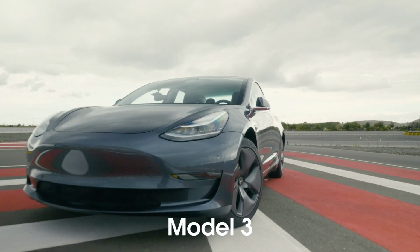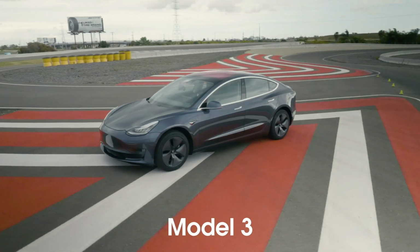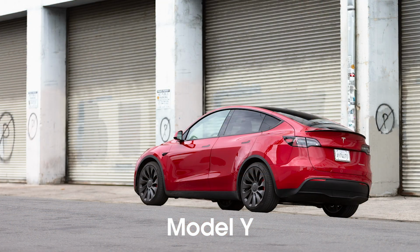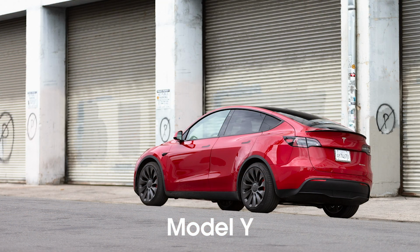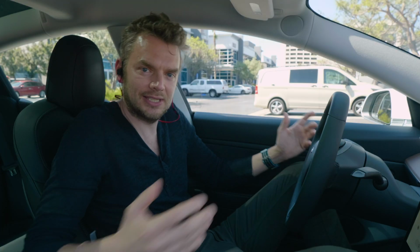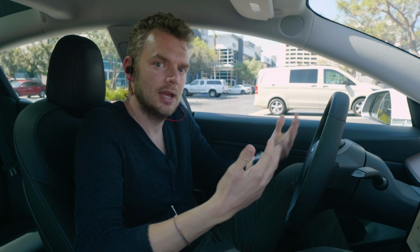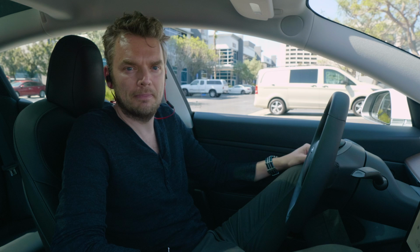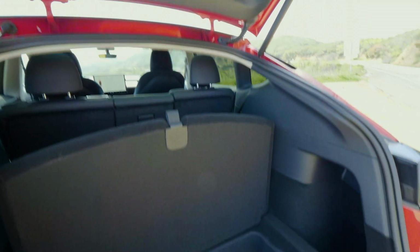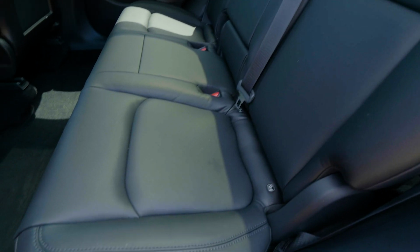It's basically the same skateboard chassis, but Tesla's taken the Model 3 body, stuck a magnet on top and stretched the whole thing to create the Model Y. For me, as a family man, the Model Y is just that little bit more practical. You've got more rear leg room, you sit a little bit more upright, which gives you the greater impression of space, and the trunk's more versatile. It's a little bit bigger, but also it allows you to fold the seats back. So if you want a practical, everyday family car, then arguably the Y is probably worth an extra